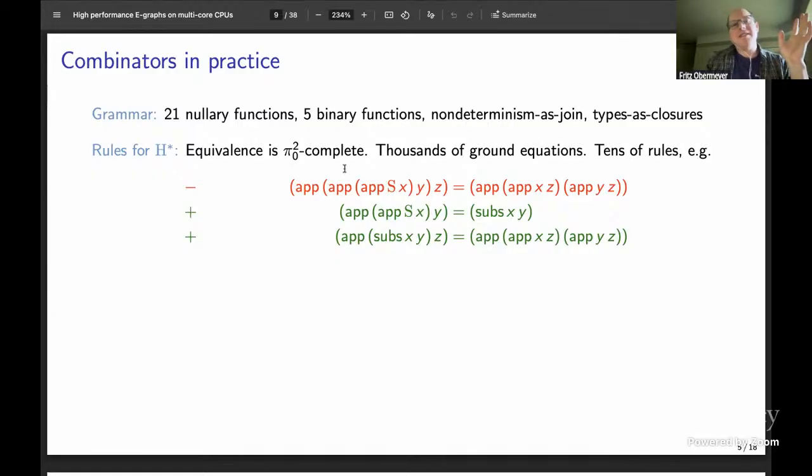The problem is it's not decidable, so I can only ever approach it with finitely many axioms. It's pi02 complete, so it's actually doubly undecidable. But between Hindley's axiom schema and these H star equations I have to hand prove, on system startup I end up with thousands of ground equations to pre-populate.